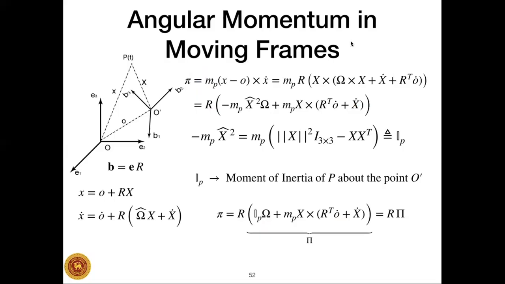And so what do we get here? We get the angular momentum of the point P expressed in the E frame is equal to R times something. So what is that something? Well, that something has to be this thing represented in the B frame, nothing else. So using that coordinate interpretation, we will call this whole thing the angular momentum of the point P expressed in the